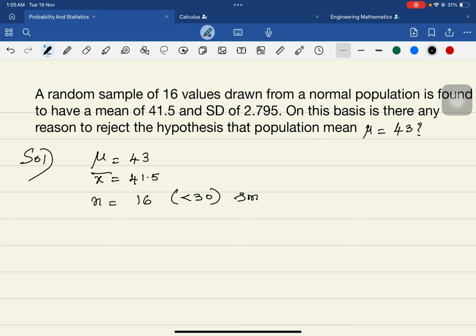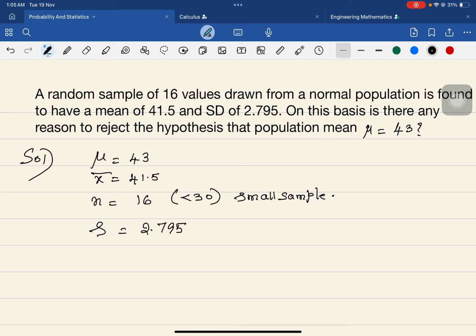Therefore, it is a small sample. That is the small sample. And then you have the standard deviation. The standard deviation is found for what? Have a mean of this one and standard deviation is this. So you know what S is here. S is given by